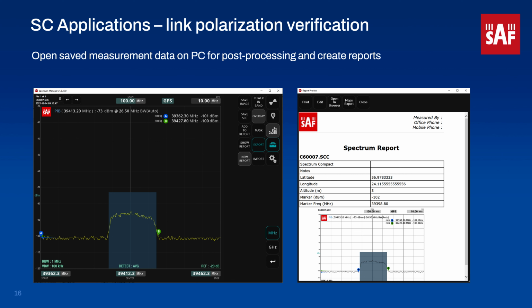In this example, we are in the Spectrum Manager PC software, determining the bandwidth of the signal, the center frequency, and the marker values for the edges of the signal, and from that we can also create a report which can be saved as a PDF, or created as an image,